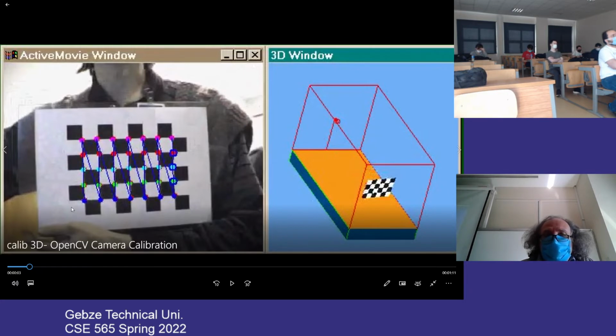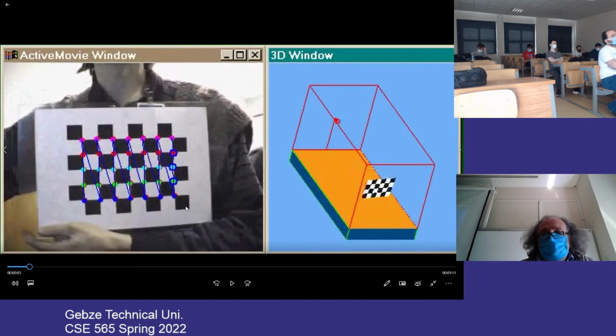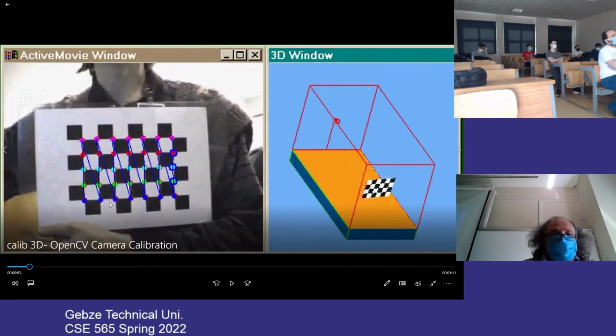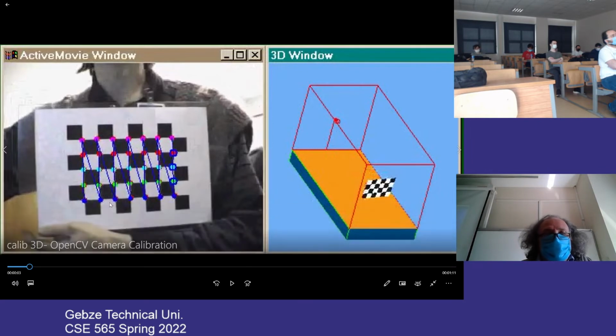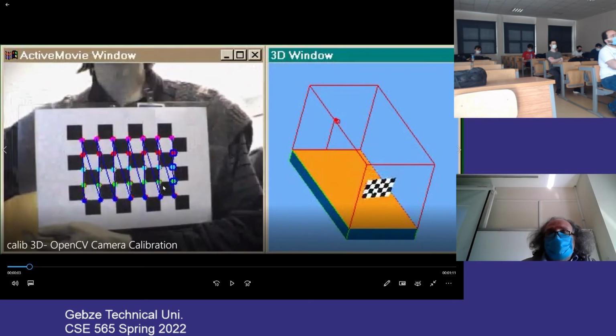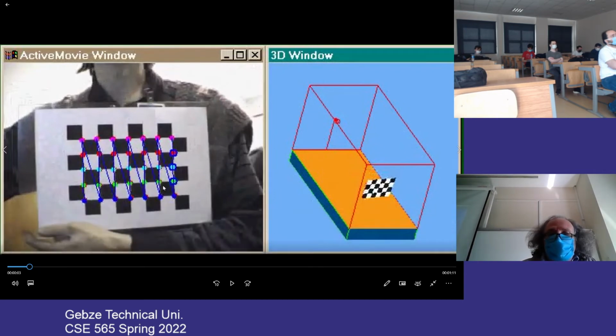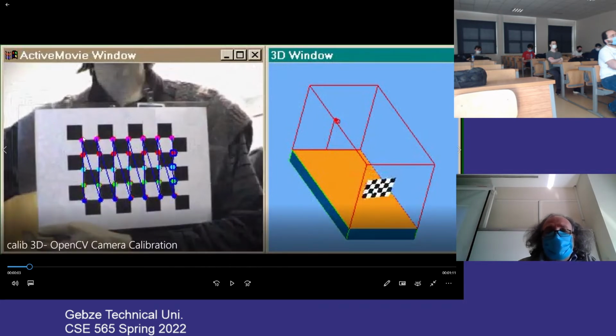He knows that this is a 1, 2, 3, 4, 5, 6 by 1, 2, 3, 4, 5, 6, 7, 8, 6 by 8 checkerboard. It knows that. It finds these corner points using the corner detector or any kind of feature detector. It knows on the image and in the real world where these points are corresponding to. And it knows the intrinsic camera parameters, and every time I find these extrinsic camera parameters from each